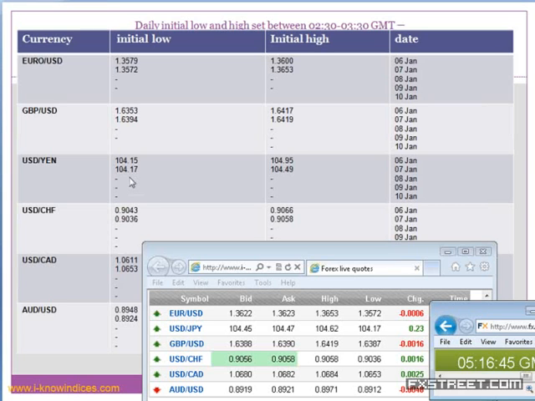And in the case of yen, 104.17 was the low, 104.49 was the high, but they just made a quick upward stop around 4:30 GMT and then started dropping. So it has come below that of 104.49. So they are expected to make a drop in the case of USD yen, similar to that of yesterday's